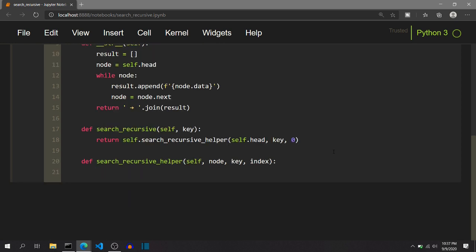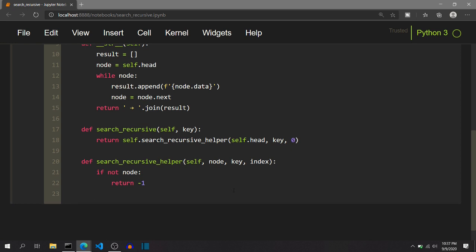So inside this function, for any recursive function, we first need to check for the base cases, otherwise the recursion will be called infinitely and it will lead to an error. So first we will check if the node passed inside this function is none, that is, the list passed is empty. It can be a list, or it can be a sublist as well. So if not node, then we will return -1. So if the node is none, it should return -1.